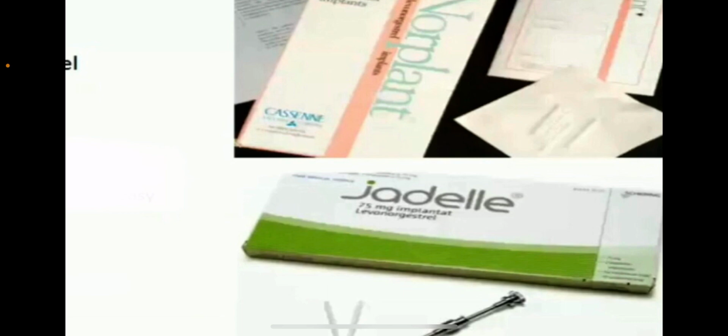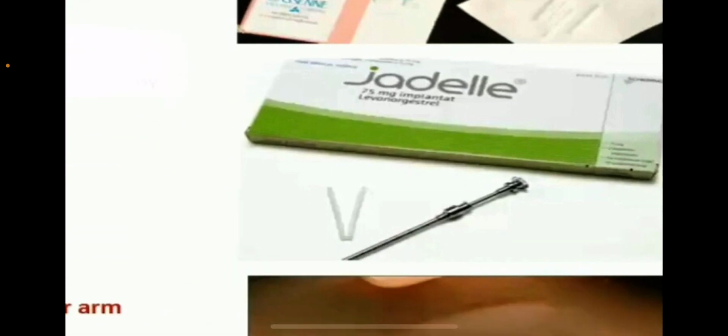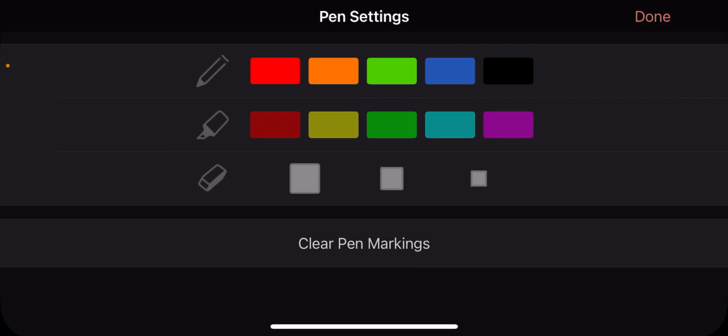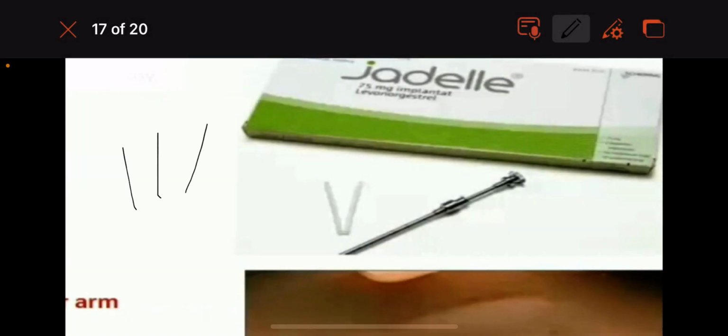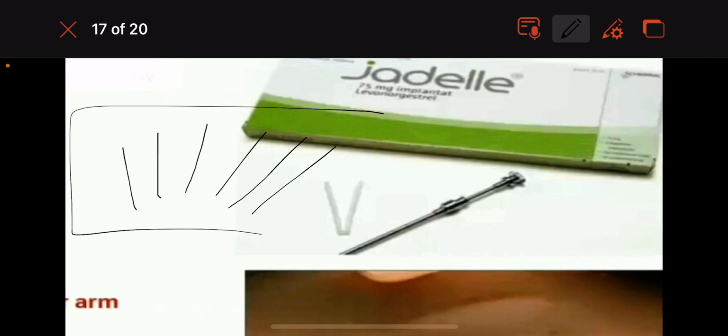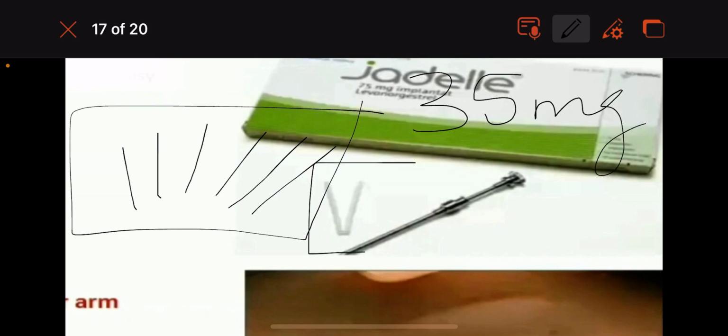The most recent device is a fabrication of this levonorgestrel into 2 small rods. Instead of the 6 rods, each containing 35 mg of levonorgestrel, they made it into just 2 small rods of levonorgestrel. How many rods are there here? Just 2 rods. So they named it Norplant R2, which was comparatively easier to insert and remove.